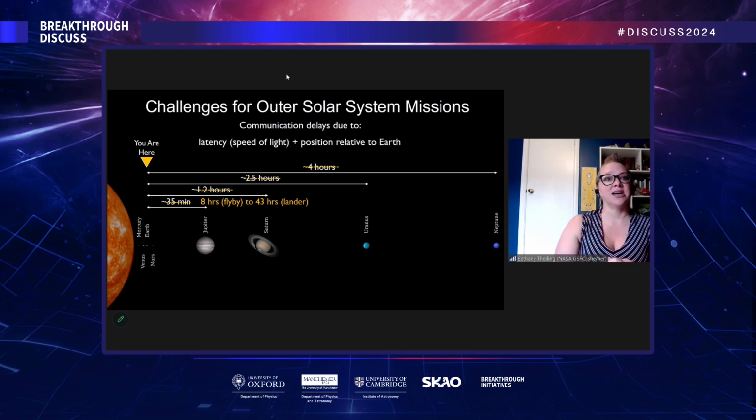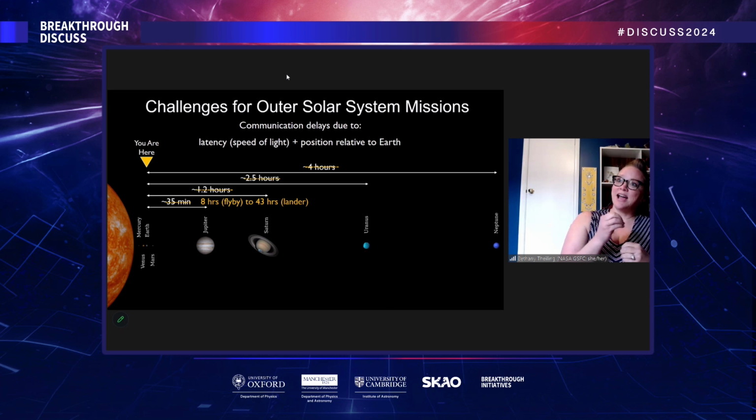So it could be on the other side, actually. So this is a huge challenge. If you think about it, it takes a long time to get out there. It takes a long time to communicate. We don't have the ability to redirect in real time. And you add to that the challenge, which I think many of our scientific colleagues in the room or online share, that when we get the data back, it takes a while to think about that data, to process it, and to actually consider what it means.